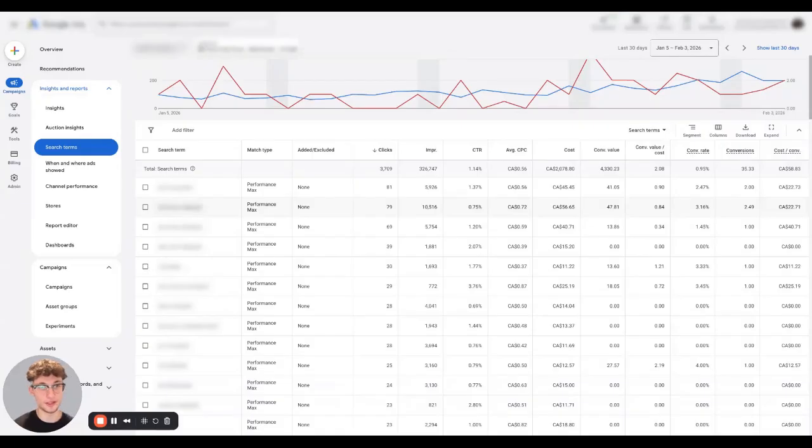So it doesn't work that way at all for negative keywords. Like if you exclude, I don't know, mouse, it's not going to make you ineligible to show up for keyboard as well. So something to keep in mind on that front. And at the same time, again, if you're doing exact match, it's going to exclude exactly what you're excluding on